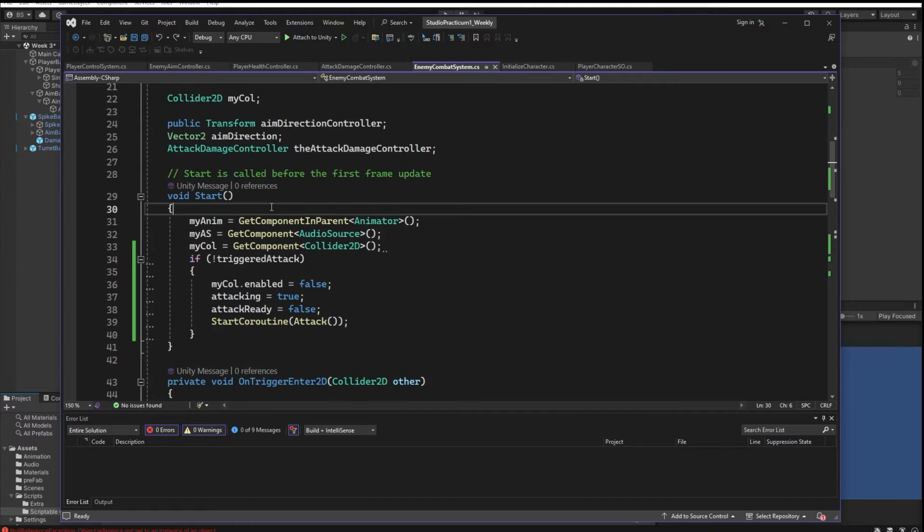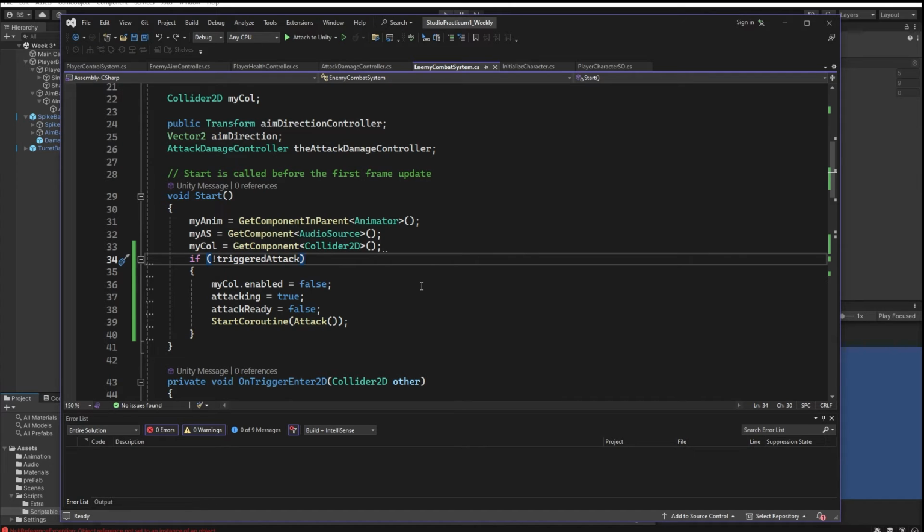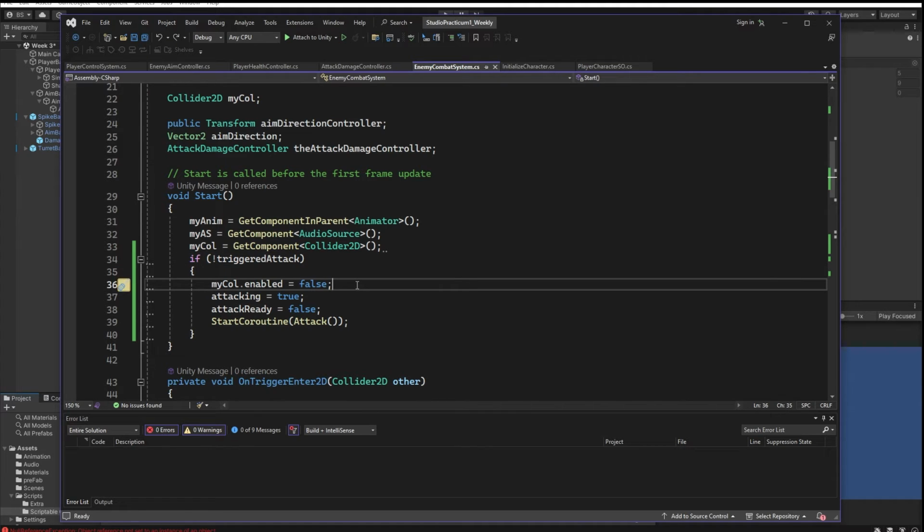Okay, here we've got our start function, and all we do in here is, as you can see, we find a reference to the different things we need: to the animator, to the audio source, to the actual collider as well. Below that is an if statement. This if statement determines whether or not this is a triggered object. If it's not a triggered object, so it's just continuously firing, we want to skip everything to do with the actual collider, everything to do with the actual interaction that occurs with the character in the collider, and instead